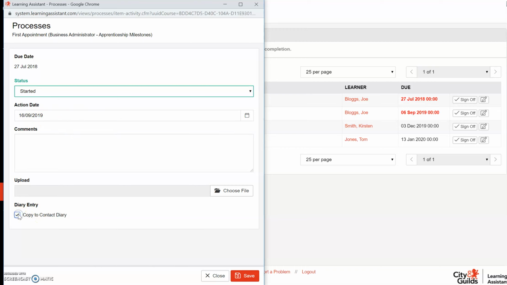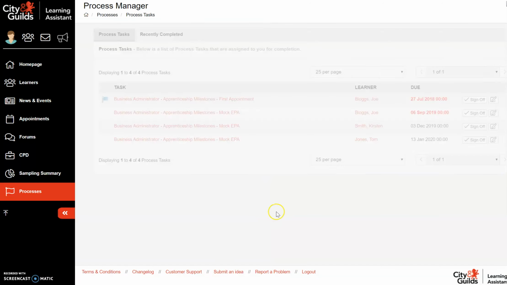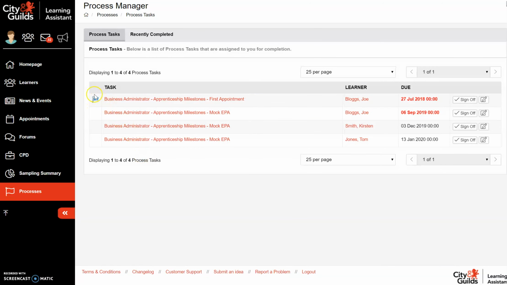We can even choose to copy that to Contact Diary, because if it is something that the learner needs to see, then by copying the comments to Contact Diary, it means that anything that is recorded around this first appointment will be tracked in that audit trail. Okay. Now you can see then that we get a little blue flag on the left hand side to say